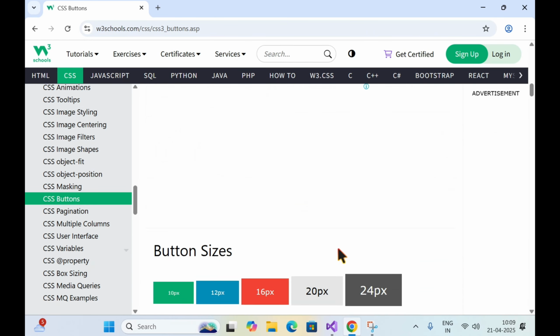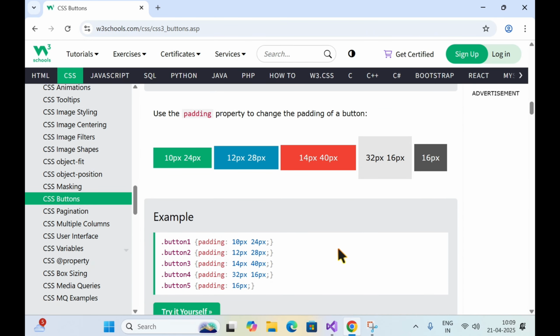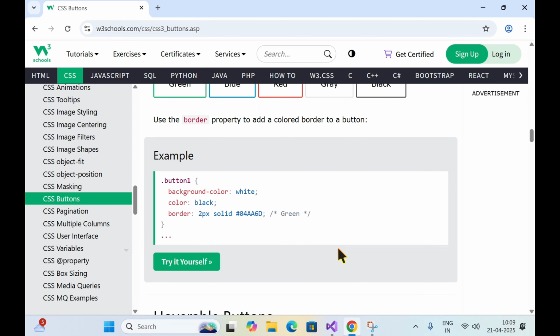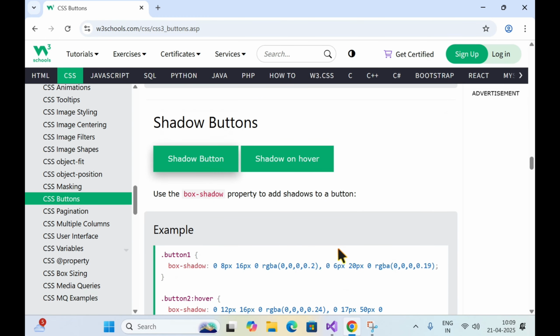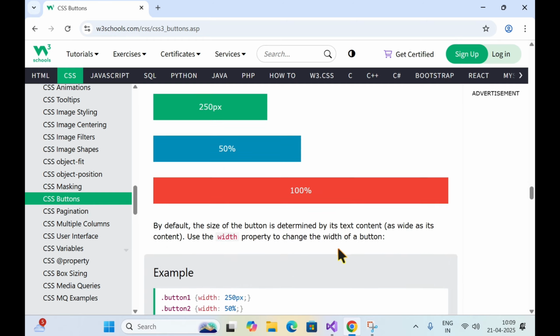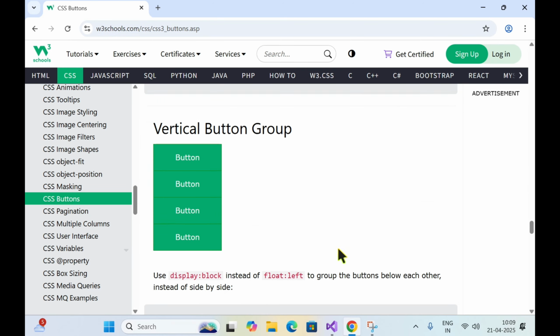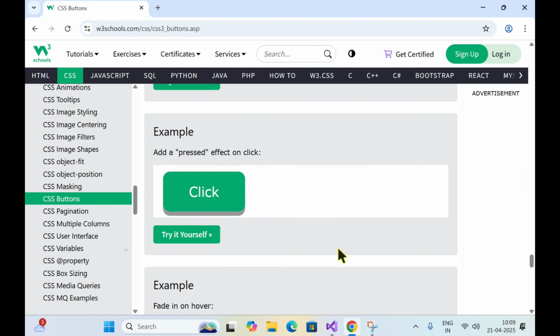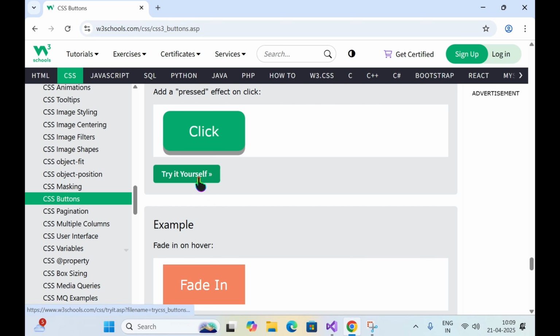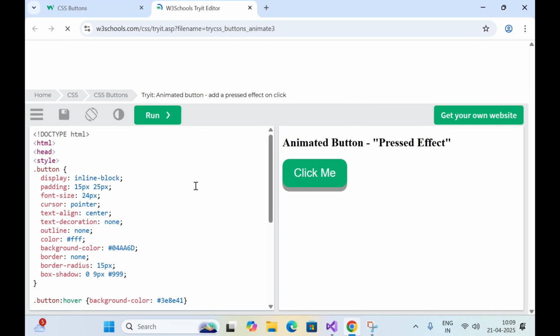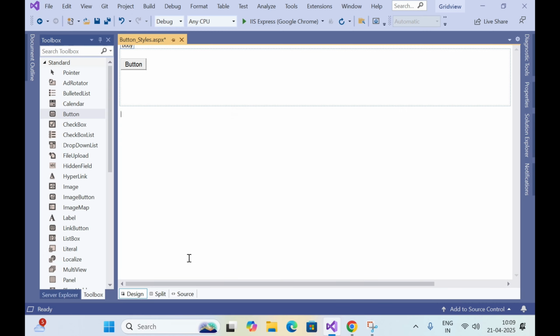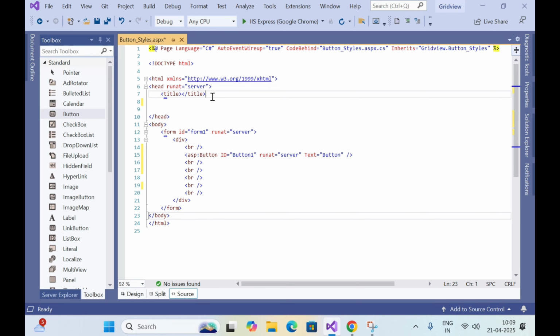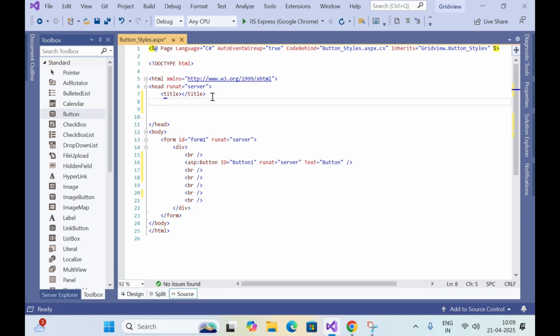website I will select one beautiful style of my choice. So I will scroll down and select a beautiful style. So I will select this one. Click on "Try it yourself", and in this we have to copy this code. So simply copy it and go to your web page and click on source, and in after title take